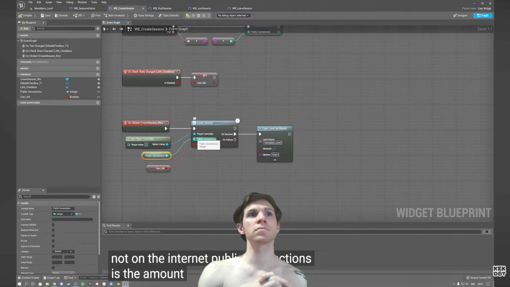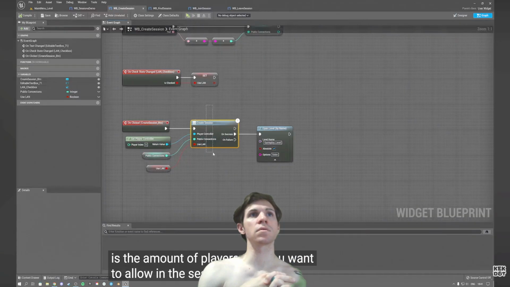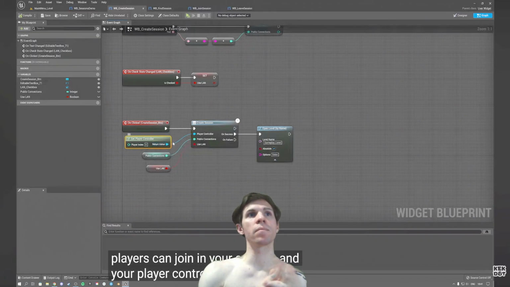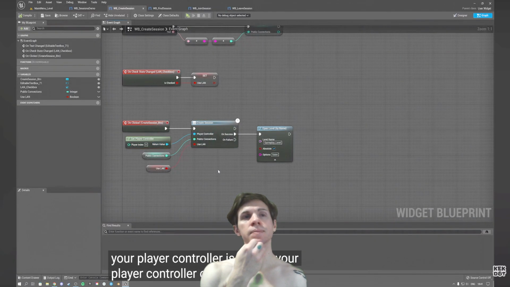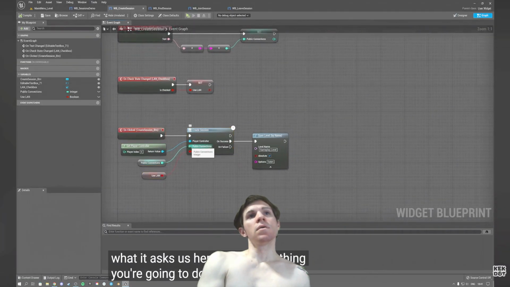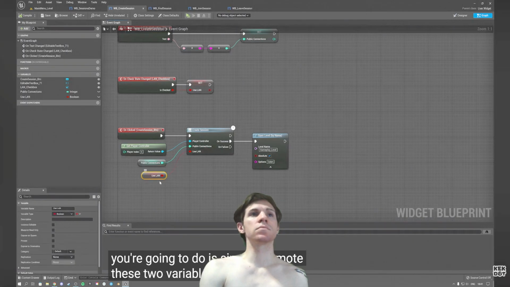Public connections is the amount of players that you want to allow in the session. So if you set that to 8, then a maximum amount of 8 players can join in your session, and your player controller is simply your player controller of your game. So that's what it asks us here. So the first thing you're going to do is simply promote these to a variable